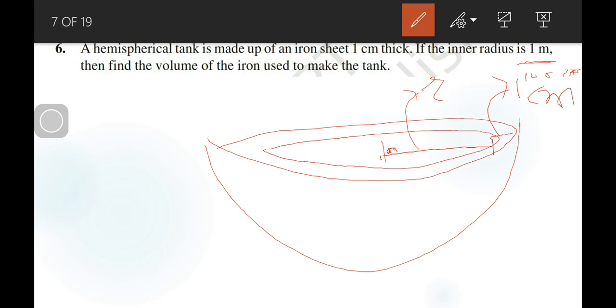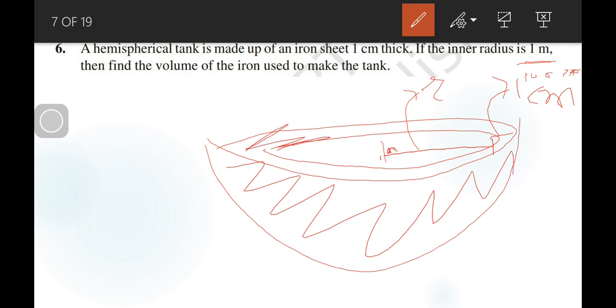So means the surface, this one given is the surface, and this thickness of this bowl we want to find. We know that the bowl is hollow from inside. So we have to deduct the inner volume from the outer volume for the given bowl, then it will be equal to the volume of iron sheet used in this